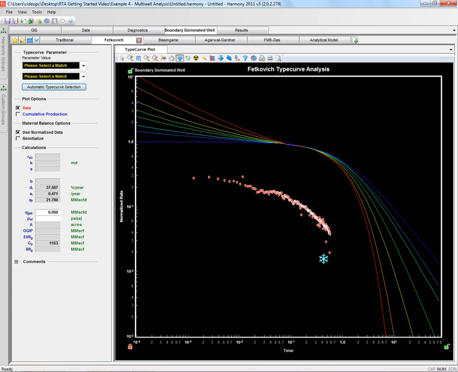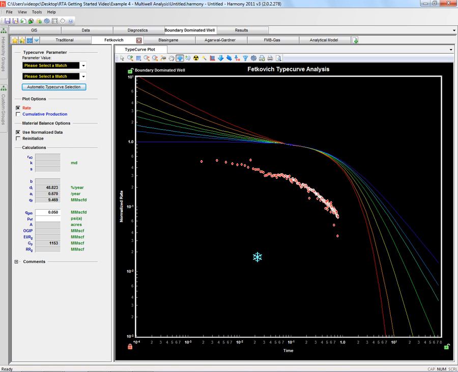The Fekkovich type curve approach is extremely powerful as a qualitative diagnostic for production data. The coordinates are logarithmic, so we have logarithmic rate versus logarithmic time. And the approach involves basically flow regime identification. So really what we're looking for here is the shape of the data. And there are indicators that we can get on a log-log plot that we simply can't see on linear plots